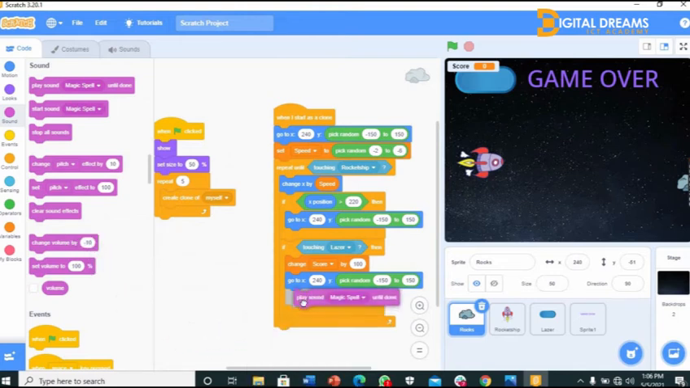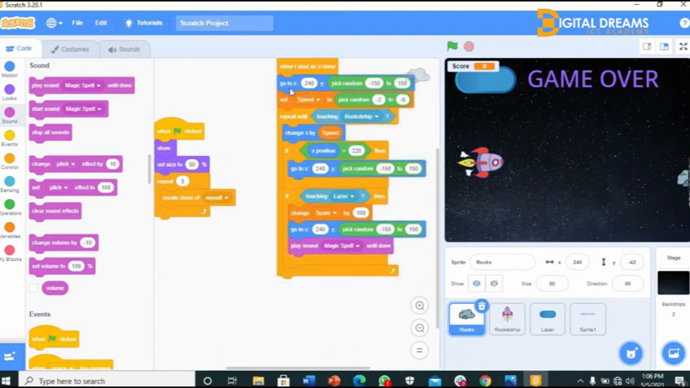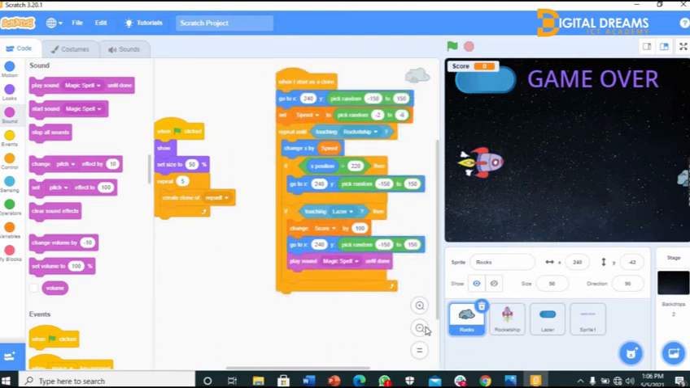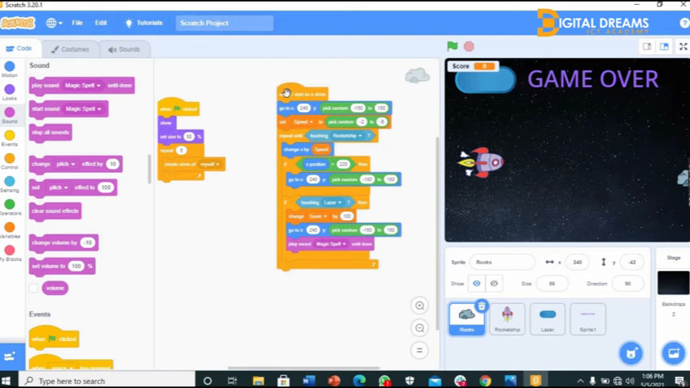to x240 y, pick random negative 150 to 150. Stop this. I don't know why the random is up and down. It's showing this here. So we can see what we're up against. Have this here, and